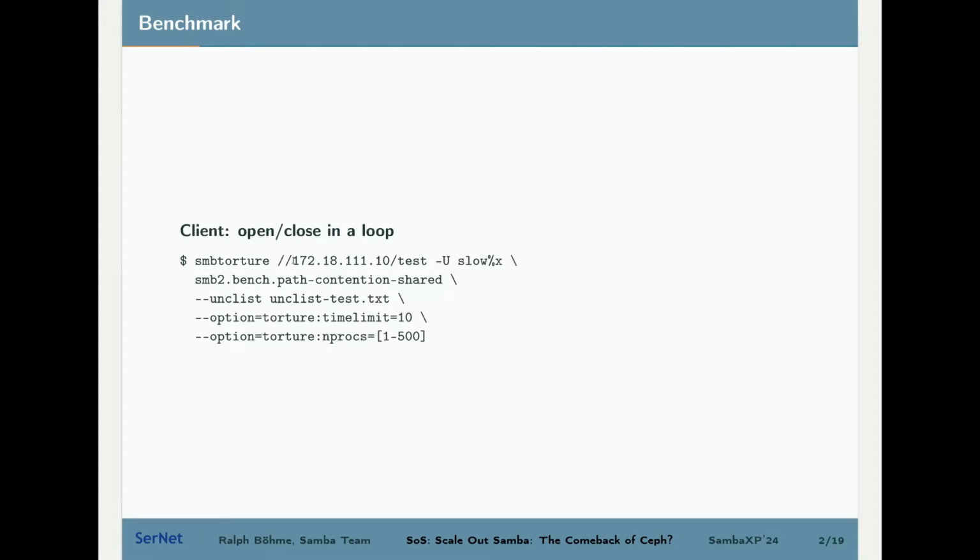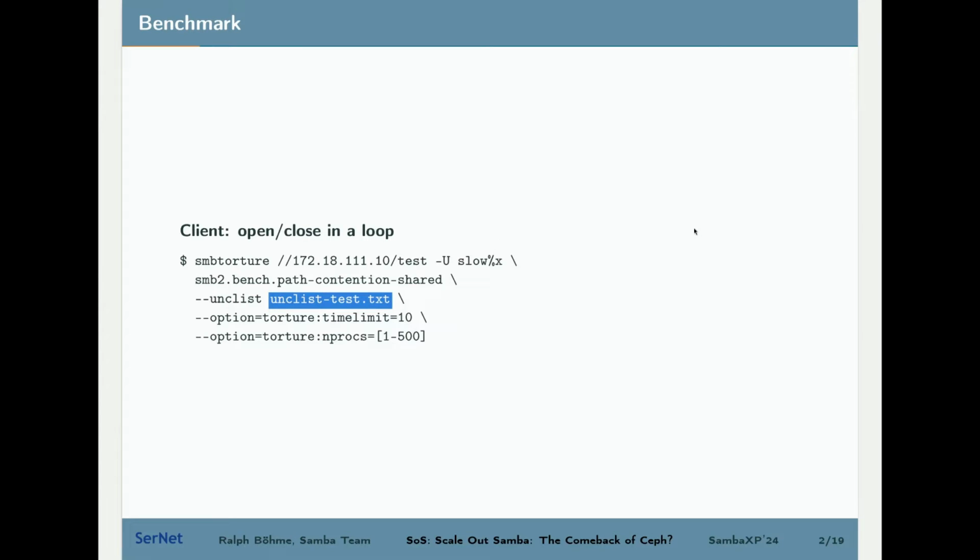And that server is actually not only going to be a single IP address, a single server, it's going to be a list of servers that's passed via a text file, via the parameter UNC list for smbtorture. That's a way of allowing the connections to be spread out across CTDB nodes in a Samba cluster.